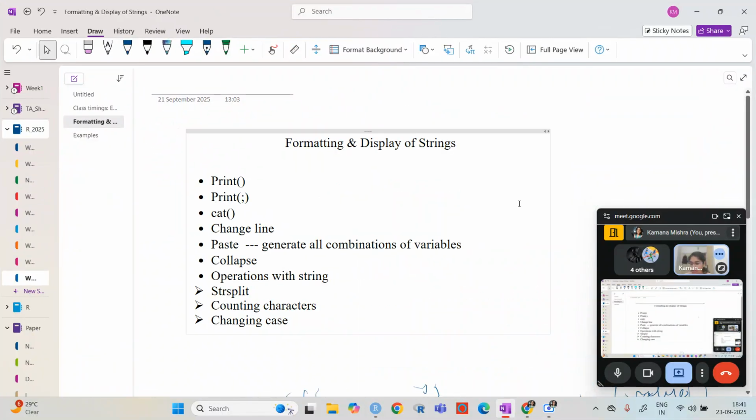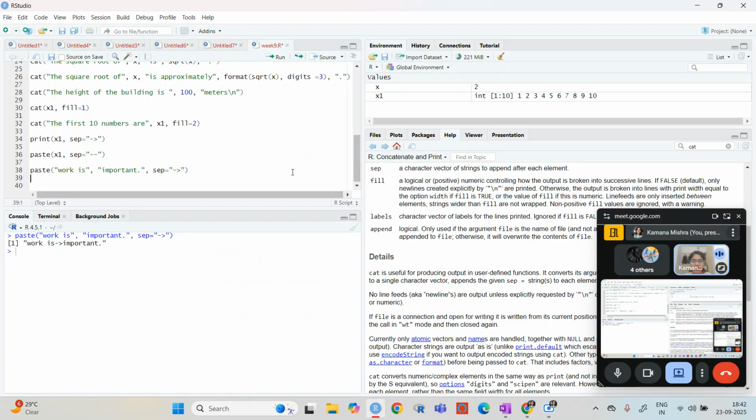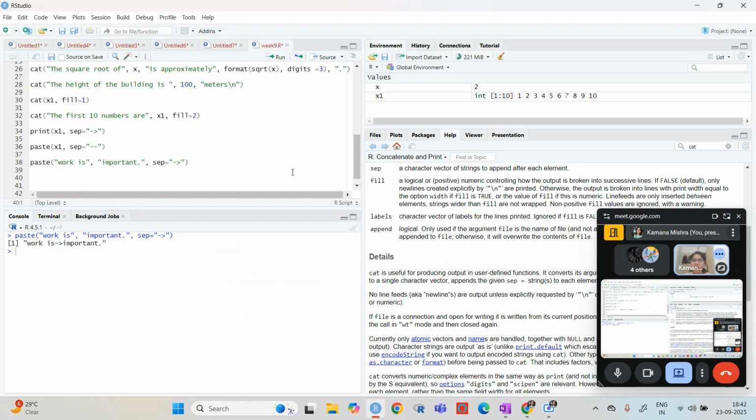Now, the paste function, as it is written, generates all combinations of the variables. So basically, we can make use of all variables: we can make use of string, character, numeric, vectors, and all. So let's say we have this